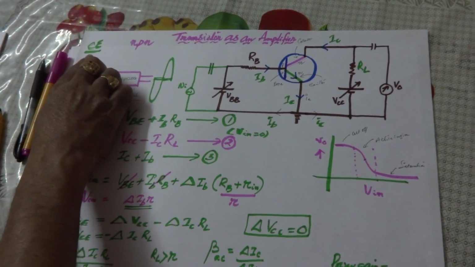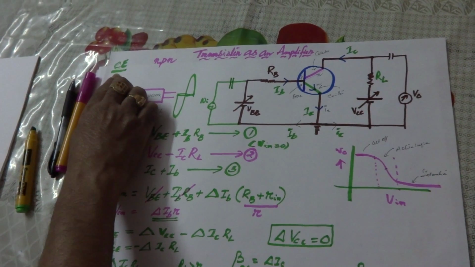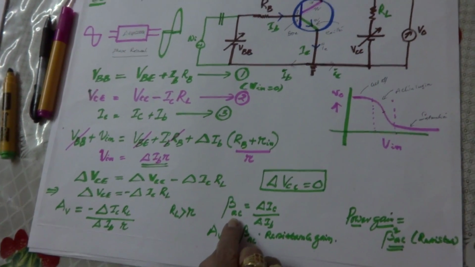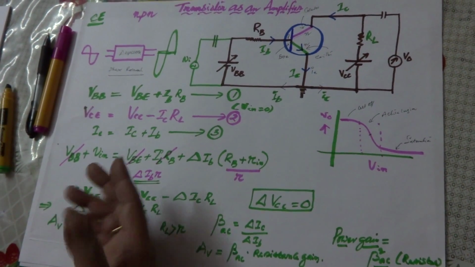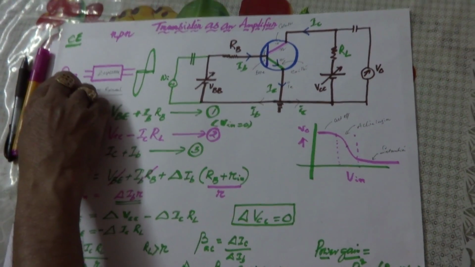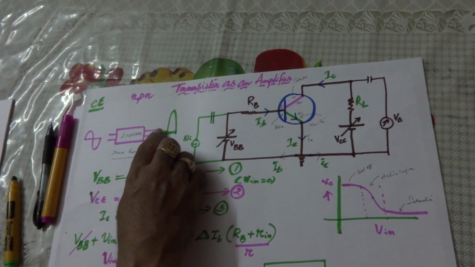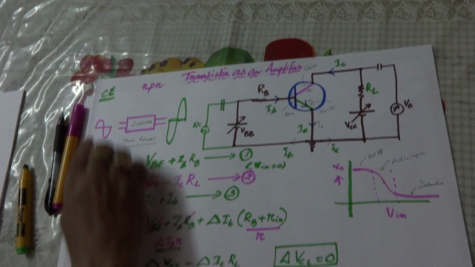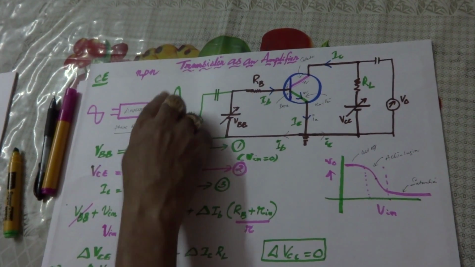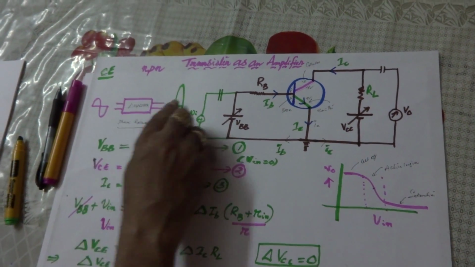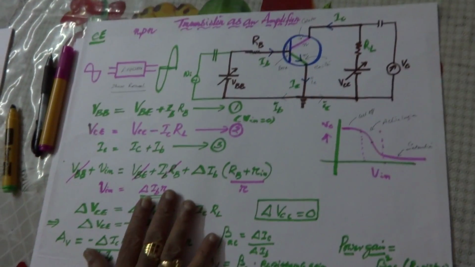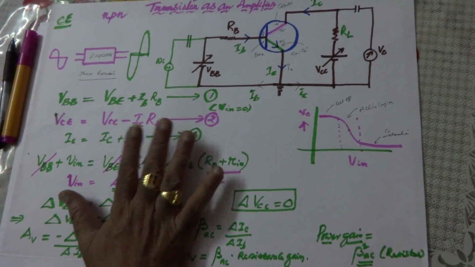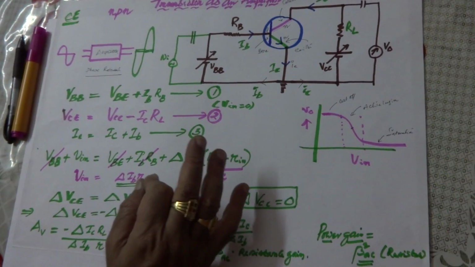Why CE mode? Because in the common emitter mode the gains are connected with beta. Then what happens if it is connected in CB mode? In CB mode the output signal will be in phase with the input signal, or you can say for positive the corresponding positive will be there in the output, for negative the corresponding negative will be there in the output. So to describe the transistor as an amplifier, one must write, first we have to mention this